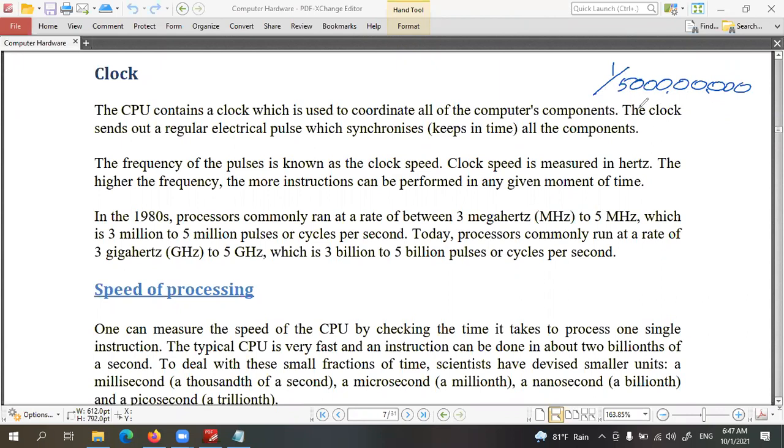Okay. So this is the time interval it takes for a clock pulse. Normally in our normal environment, on our clock, the smallest time period is a second, right? That is the smallest time period we consider in our day-to-day life.